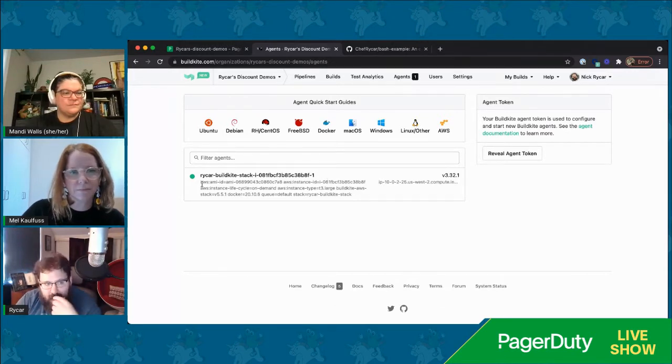Here, I'm actually running my agents in Amazon Web Services using a tool called the Elastic CI Stack, which will use some fun API calls to our SaaS suite to determine whether or not it needs to auto scale up or down more agents. But this could even be something as simple as agents running locally on a dev environment or in a Docker container.